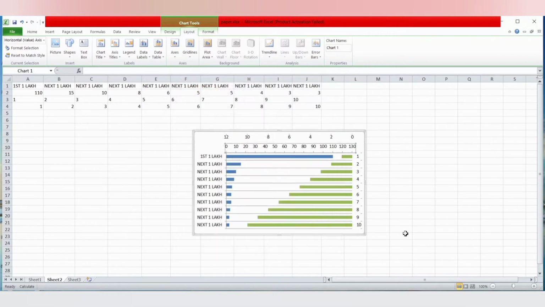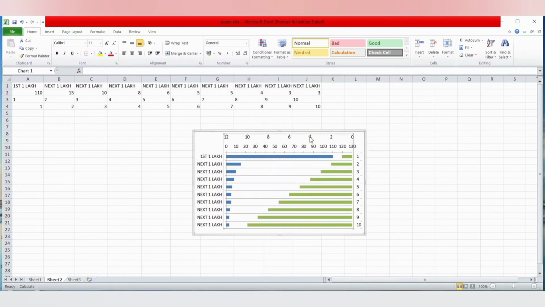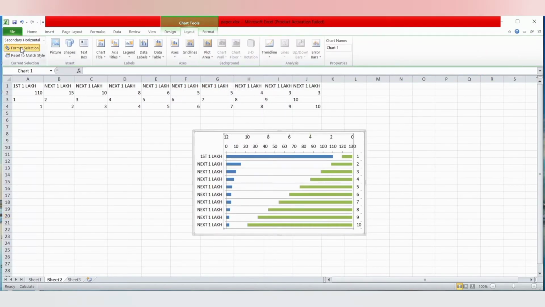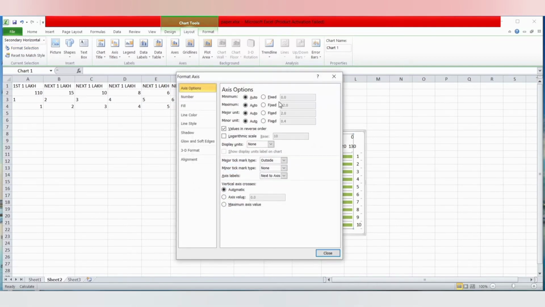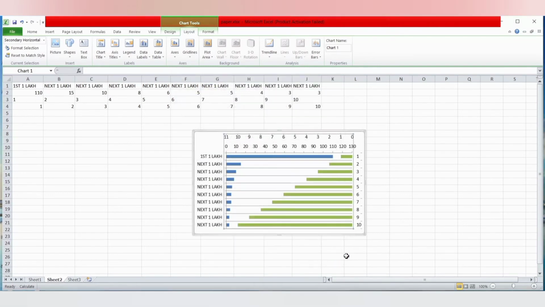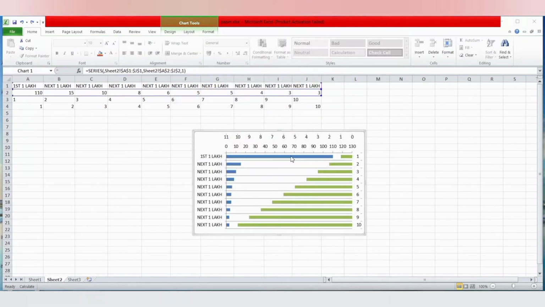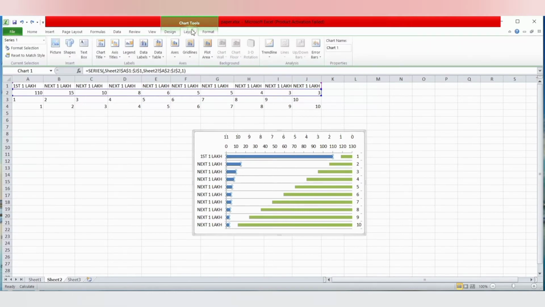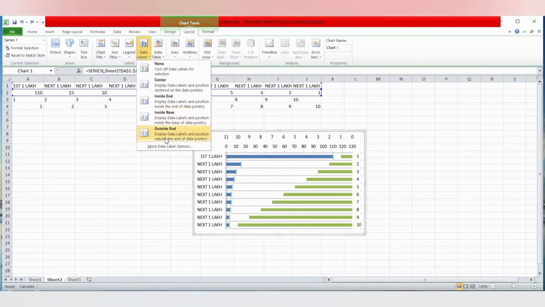Close. Now select the secondary axis, Format Selection, maximum we'll give 11 and the major unit we'll give 1. Close. Okay. Then we select this blue graph, go to Layout, Data Labels, Outside End.